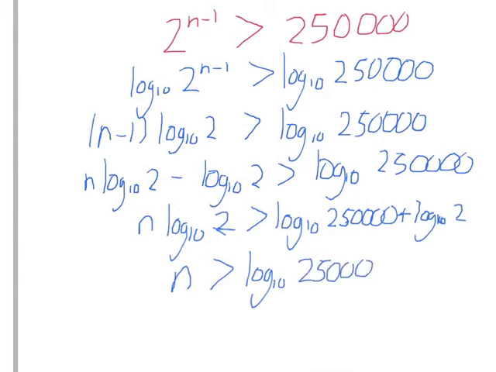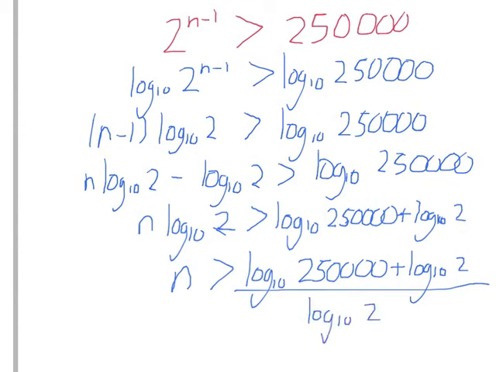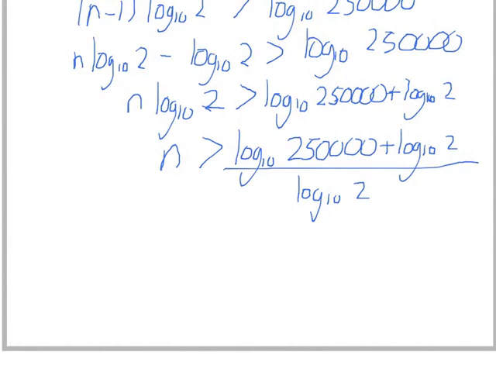So then we're going to be left with this, and if we type this into a calculator, we should come out with a nice number, which is this is greater than